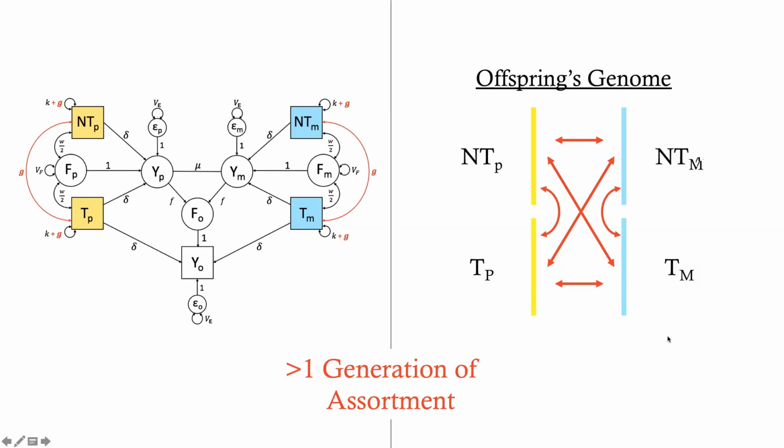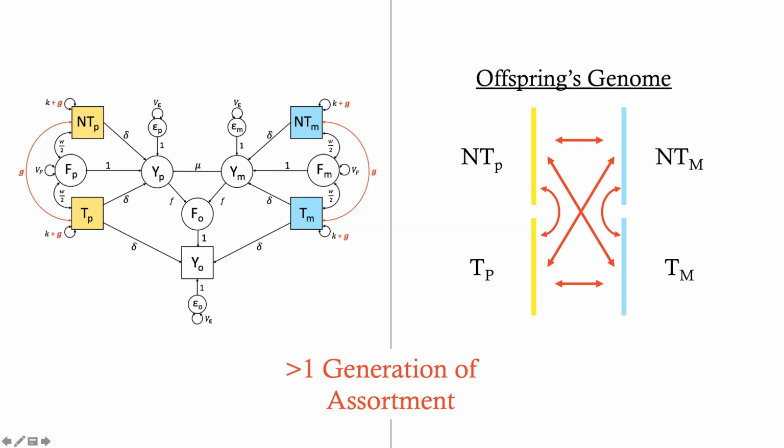It might go back to your great-great-grandparents, even further than that. I don't know. It all depends on how long the trait has been assorted upon. But that is what we're capturing with these G terms within each haplotypic variance and within and between the NT and T PGSs within person.